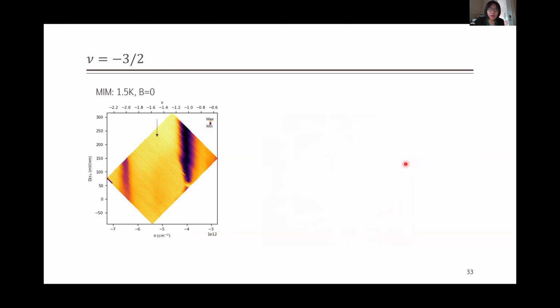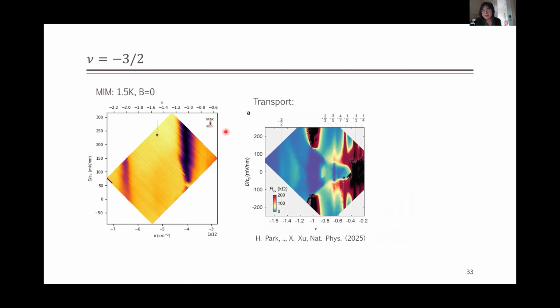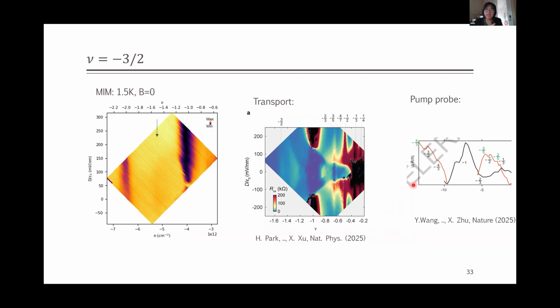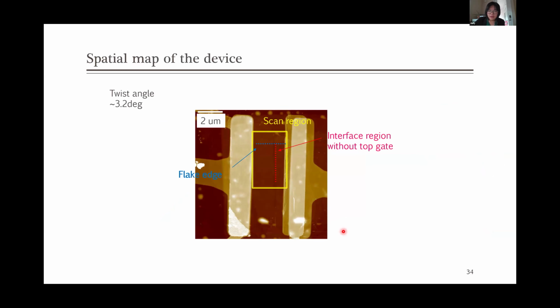And so we also went to the larger filling regions, for example, next to minus 3/2, and see what happens there. And we can see a very faint line over there. And that we believe is also giving us some hint and is in some correspondence with transport measurements. You can see this faint line here, and also some optical pump probe measurements by other groups. But then the major thing we wanted to look into is the edge state, because we have this capability